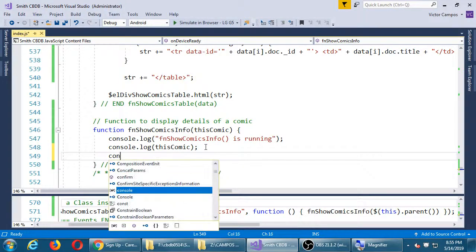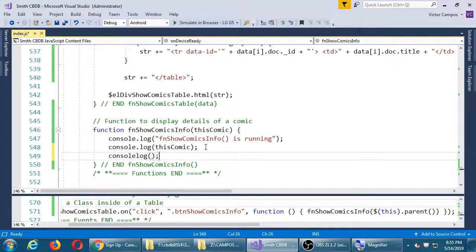Let's do one more thing here. Console log the underscore ID of this row is